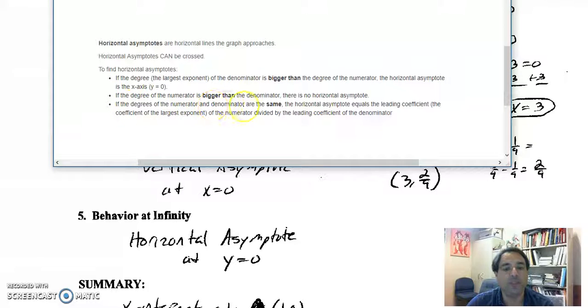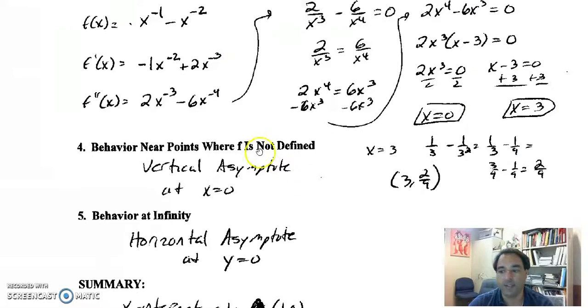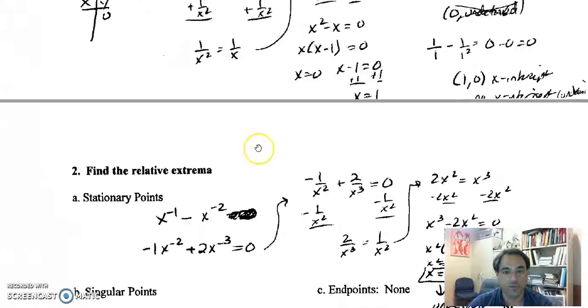If the degree of the numerator and denominator are the same, the horizontal asymptote equals the leading coefficient, the coefficient of the largest exponent, of the numerator divided by the leading coefficient of the denominator. So bottom line of this, the idea is looking at the original,